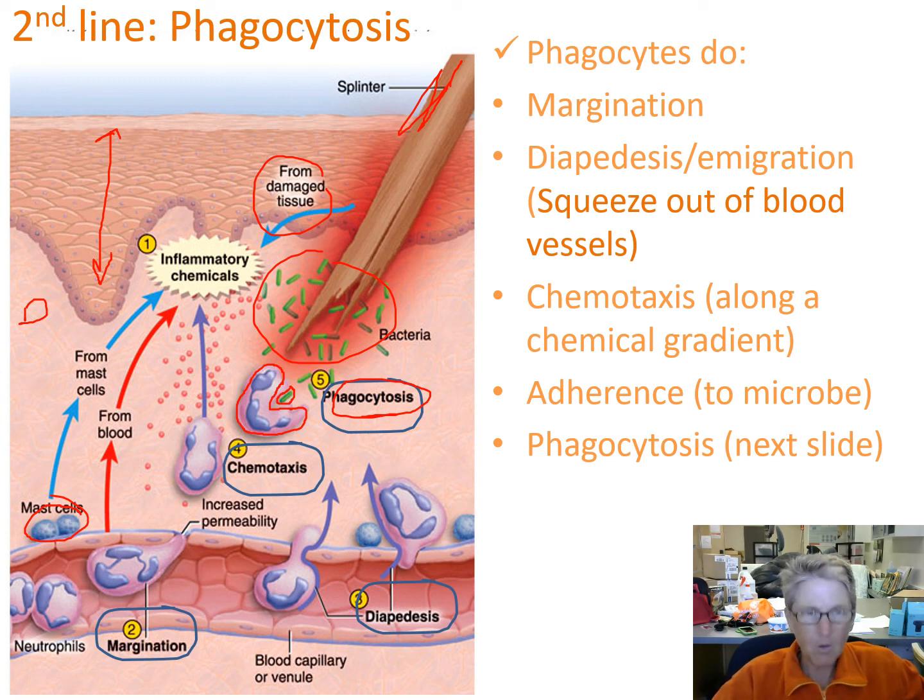Step one. Inflammatory chemicals are released because this tissue got torn up. So the inflammatory chemicals come down here, and they can tell these endothelial cells, which are the cells that line the blood vessels, that they need to get sticky. And then neutrophils that were once freely floating in the blood, they stick or marginate to the side of the blood vessel walls that are made of these